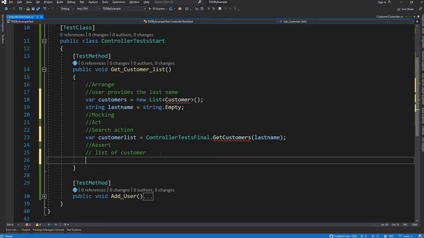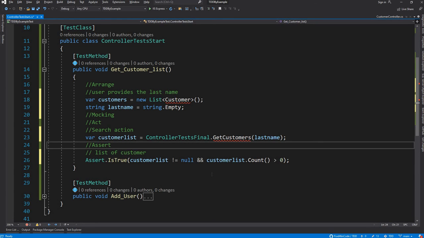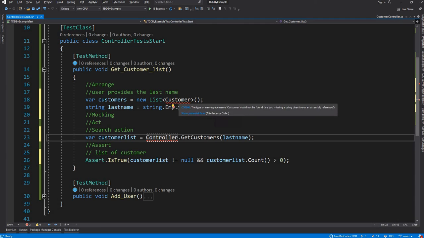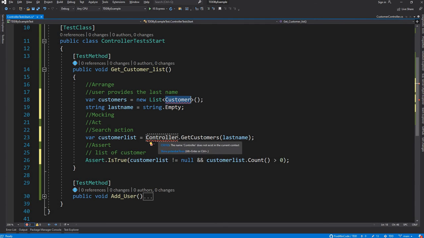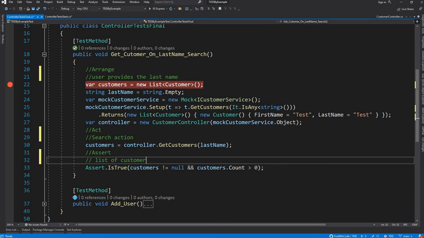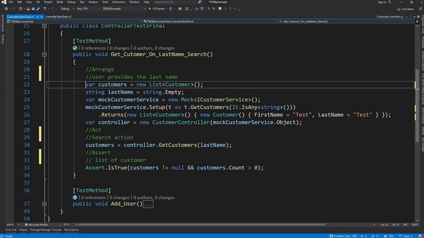And the last part, which will be asserting, will be our assert.true. Right? So we will have to write a class called customer. We will have to have a controller, and we will have to have a method in the controller called get customer.